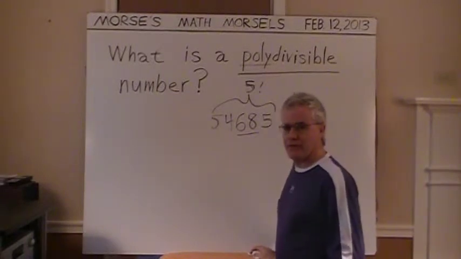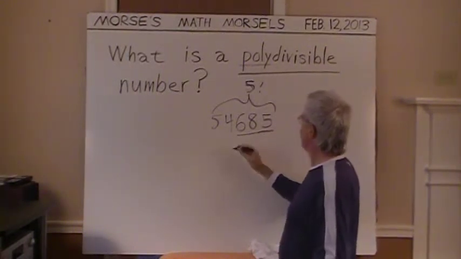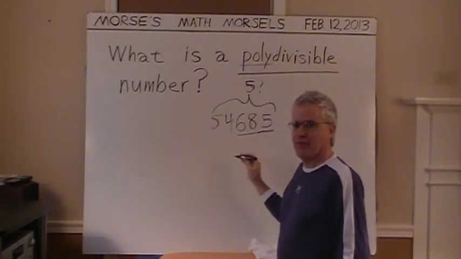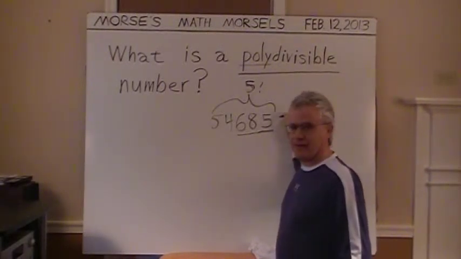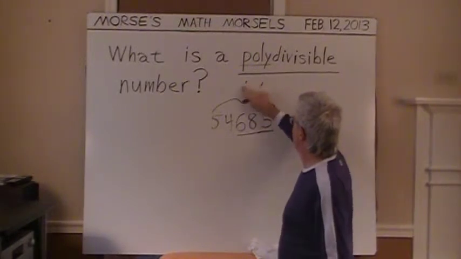And for 6-digit numbers, it must be a multiple of 6, so it needs to be a multiple of 3, with the digit sum adding to a multiple of 3. But also the last digit must be even, since 6 is an even number. It equals 2 times 3. And